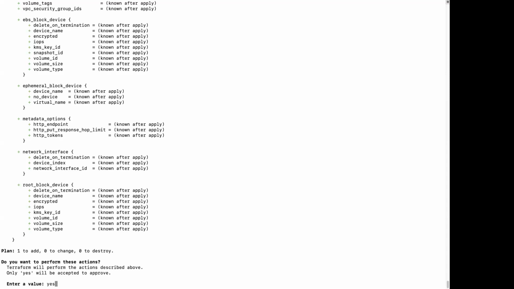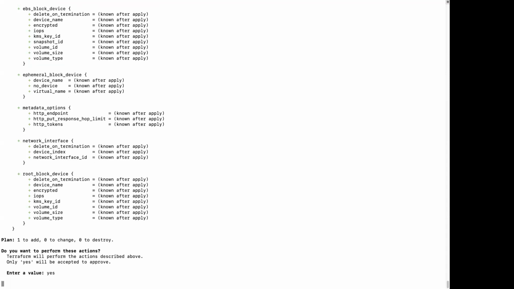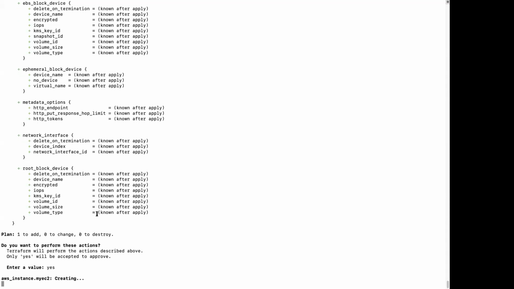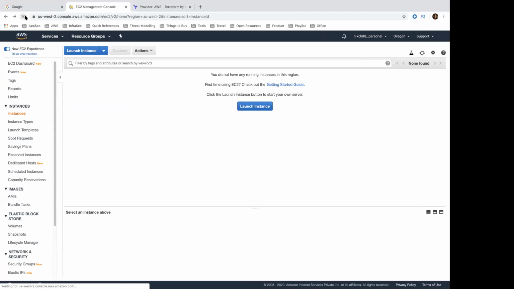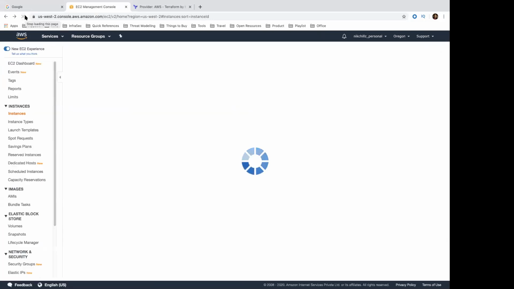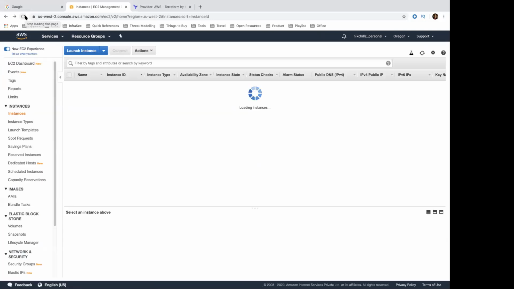You can do that by typing in yes. Once you're done, it will start commissioning that particular instance that you have specified. So you can see here the AWS instance is getting created. We can go ahead and refresh this just to see if that is getting created.